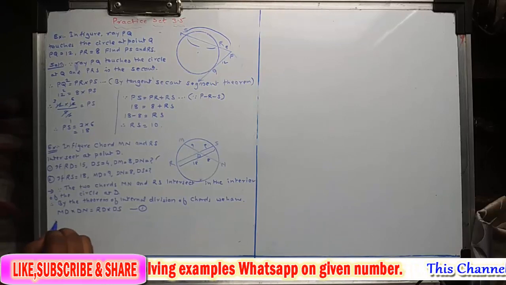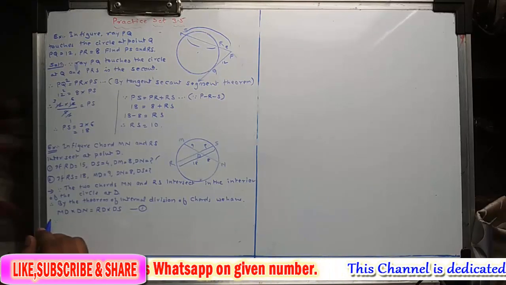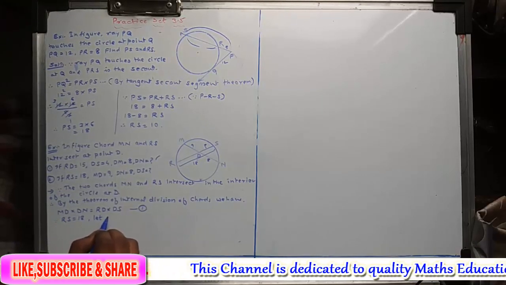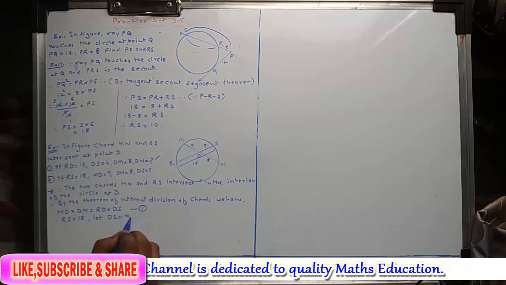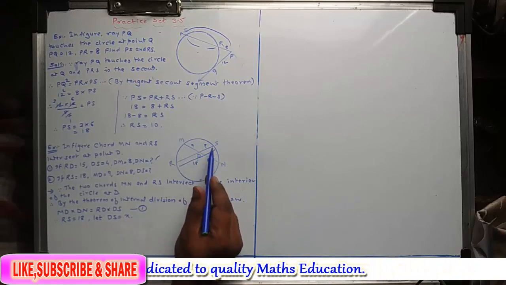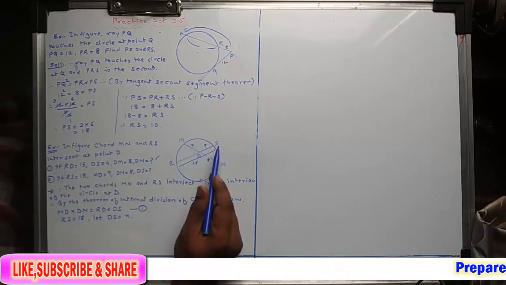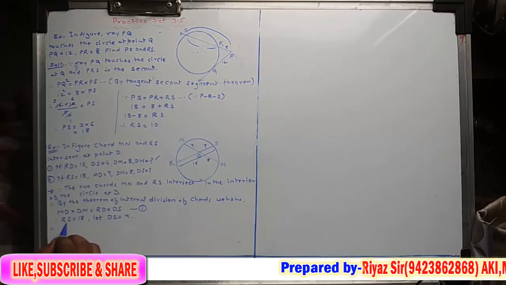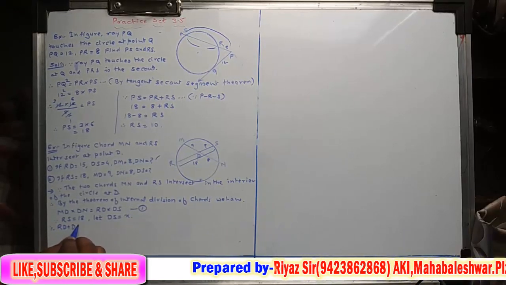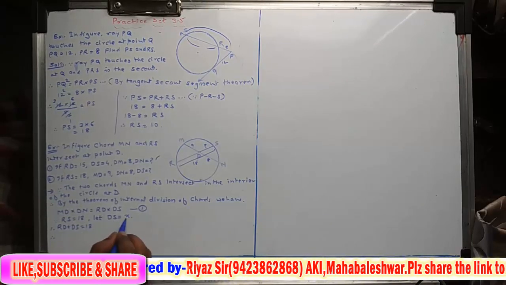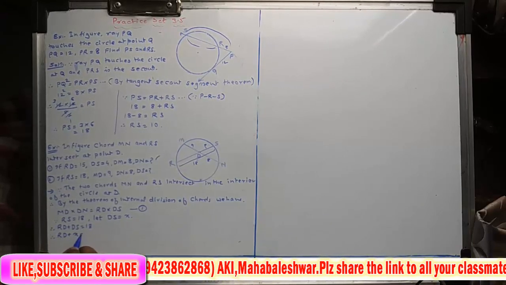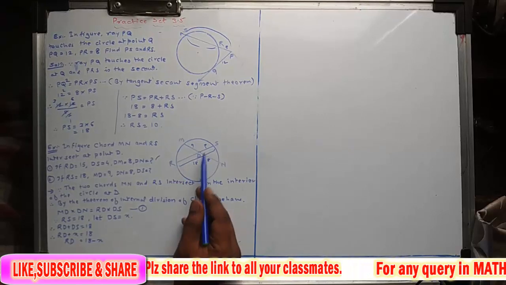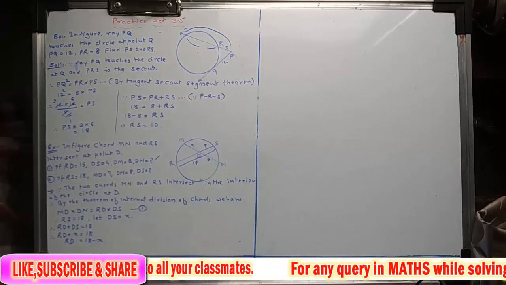Now since RS is equal to 18, let DS be equal to x. x कंसिडर, अपने को होल आरएस गिवन है, ठीक है, आरडी मालूम नहीं, डीएस मालूम नहीं, टोटल गिवन है. So we consider DS is equal to x, therefore RS is nothing but RD plus DS is equal to 18, and therefore DS is x, so we write here RD plus x is equal to 18, and therefore RD is equal to 18 minus x. तो RD की वैल्यू मिलेगी 18 minus x and DS is x.